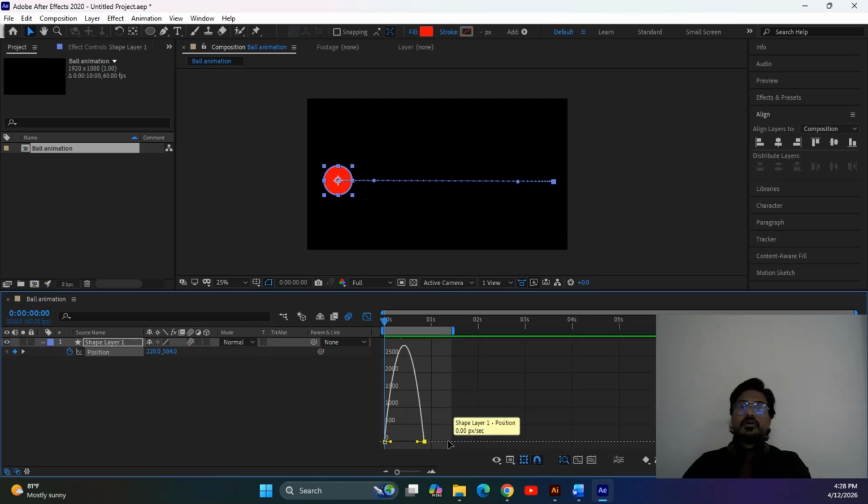Let's say from here, this point indicates how the movement of the ball will be, either very fast or very slow. It will be decided here. Now let's say